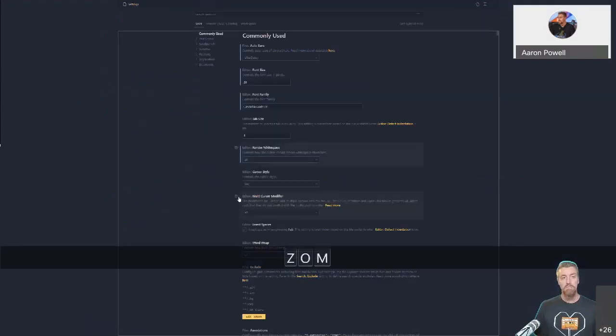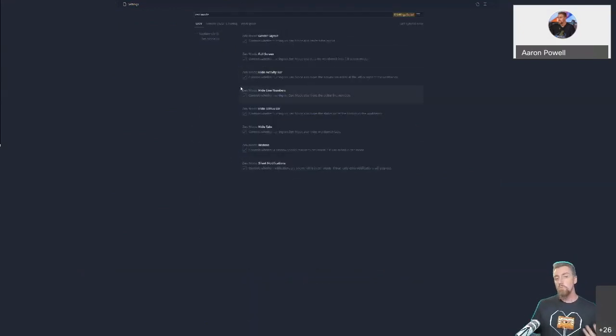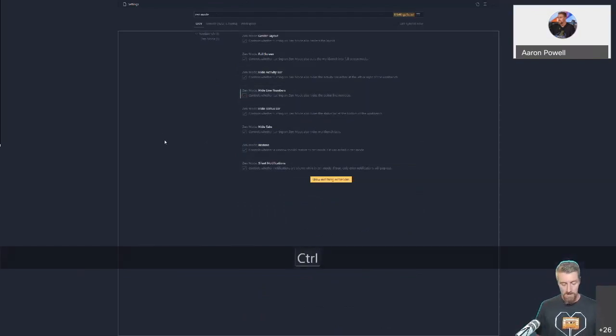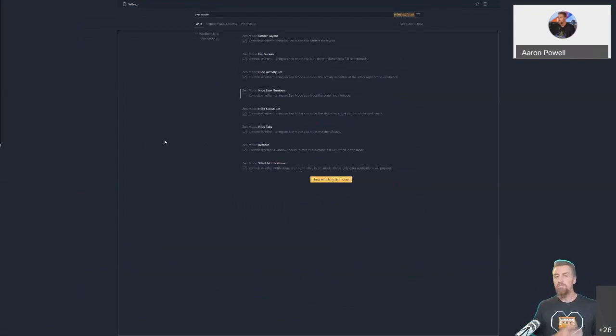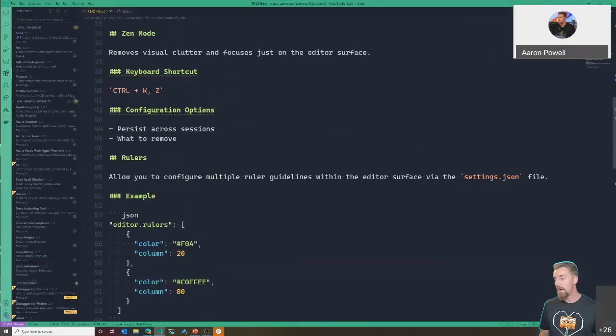Also from Zen mode, if I jump into settings properly, Zen mode, I can toggle what I do and don't want in there. So maybe I do actually want the line numbers. At the moment, it's hiding line numbers, but I still want line numbers. Let's go back into Zen mode. Unfortunately, when you change Zen mode settings, you've got to go in and out of it. I can turn line numbers back on because I still find that useful. I want that bit of context there. And there's other things like you can have the status bar up here if you still want that information. So you can minimize it down to just what you need to see and have that there as you want. We'll drop out of Zen mode and just back into regular VS Code view.